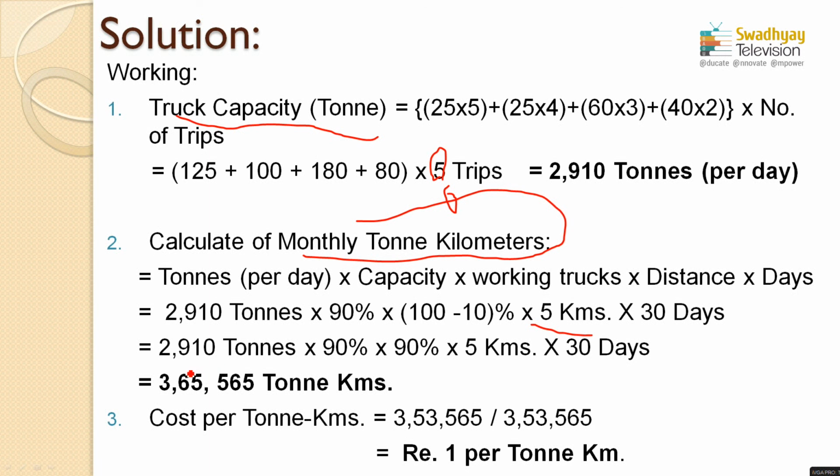So, now we will multiply 2910 tons, which we calculated first, then 90% capacity, 90% of the working condition of the trucks each day, multiplied by the distance of each trip, that is 5 kilometers, and then the number of days it works, that is 30 days, and their multiplication comes